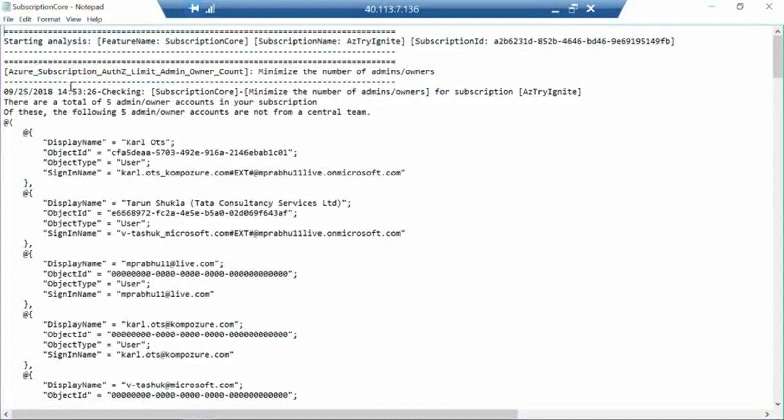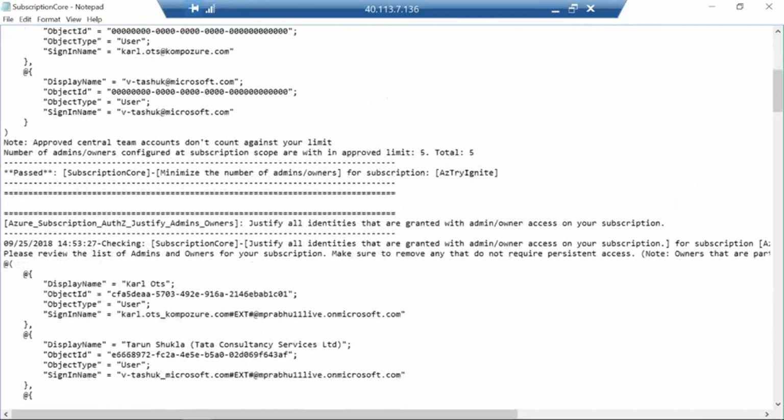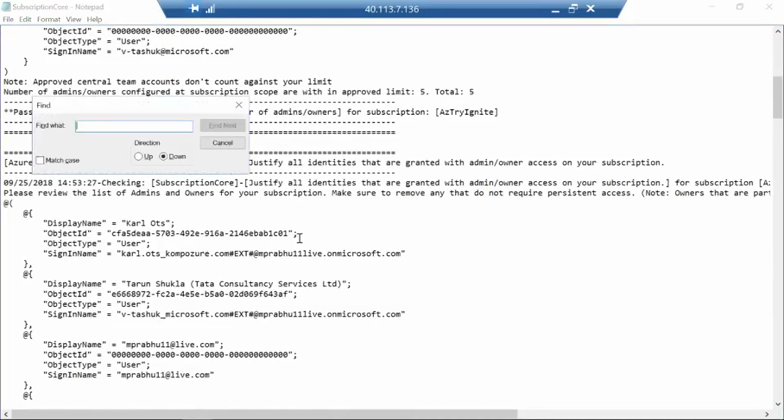As you'll see, it goes on and checks different things. It goes to check how many admins there are. It then compares that to the preset result. By default, you shouldn't have more than 5 owners per subscription. It goes ahead and checks that. But we have a couple of other things here as well. The number of admins passed, but if you go ahead and check for failed,